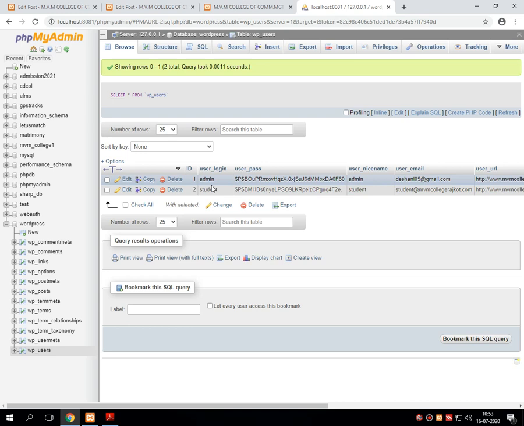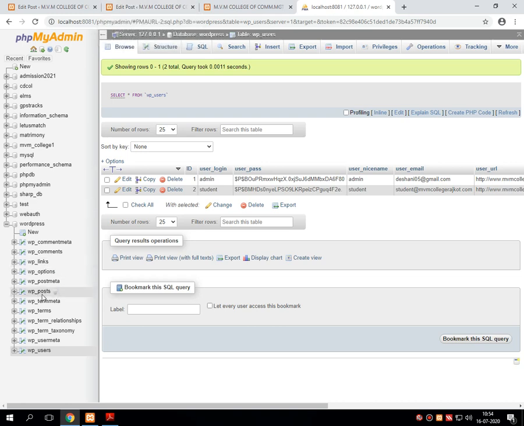Lastly, we created the user called admin, and in this lecture we created one more user called student. This information will be stored automatically here in wp_users. Whenever you create users, it is stored inside the database table automatically by WordPress when you click the submit button.